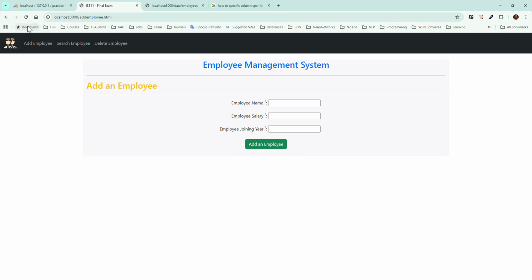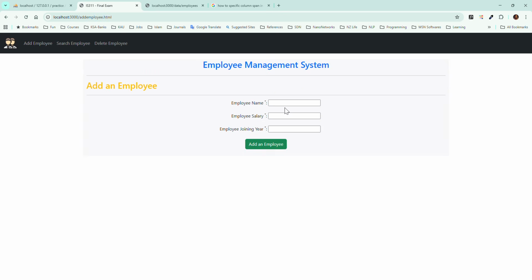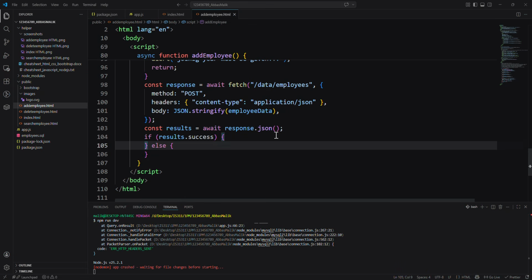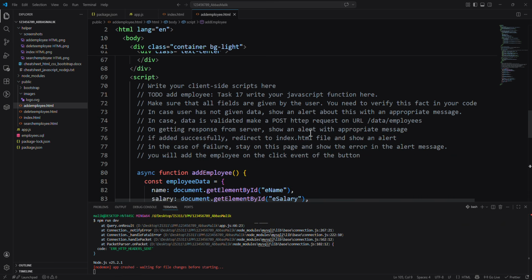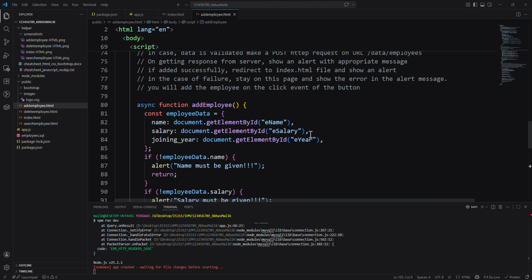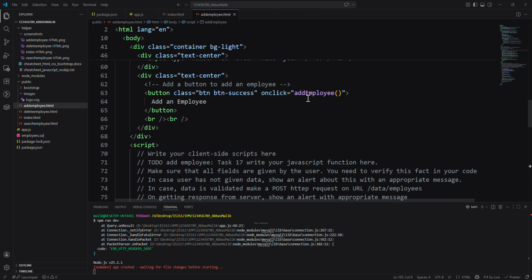So now if I go to the home page, we can see the information is coming in. And then we also have this one, and then we have this data. So when we click on that, actually it is going to show me the message. No, nothing is going on right now. Let me see. We have add employee table. So we are executing this method. Yes, when we click on that,